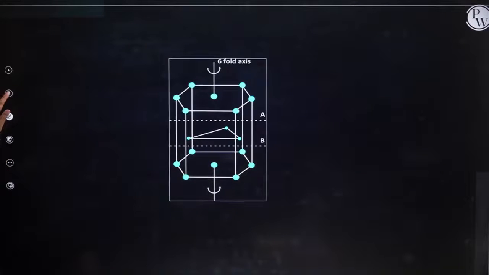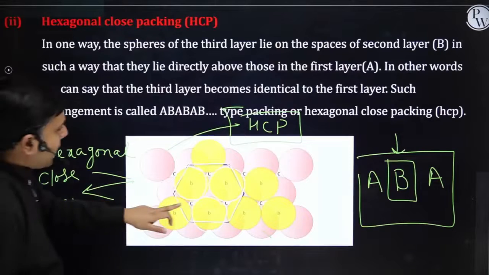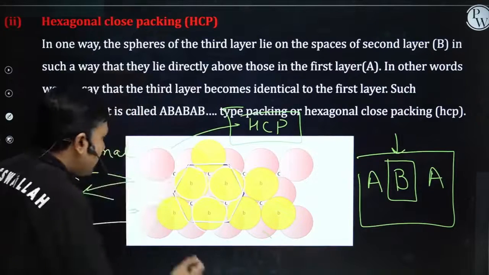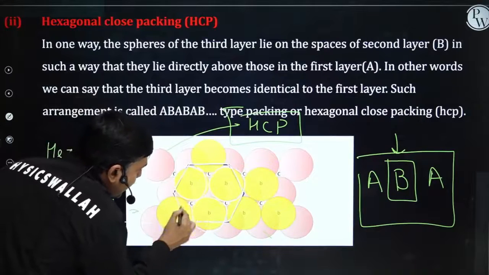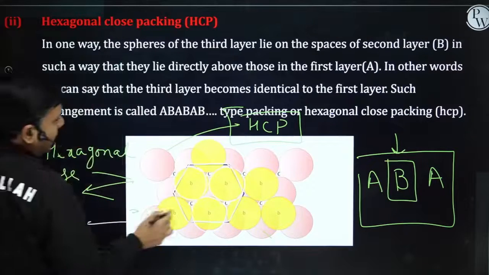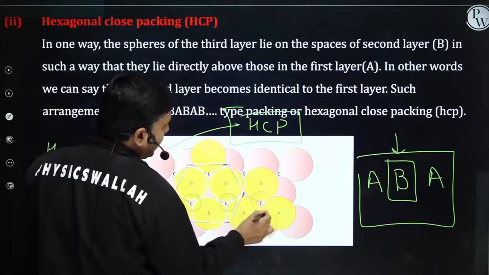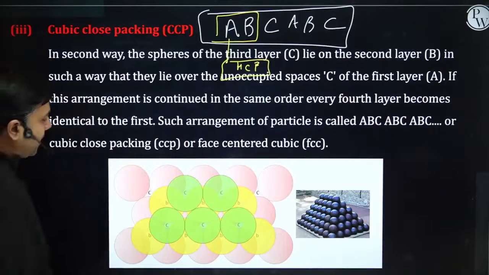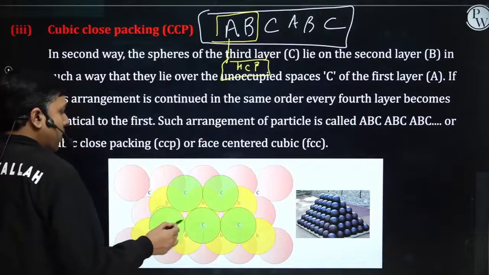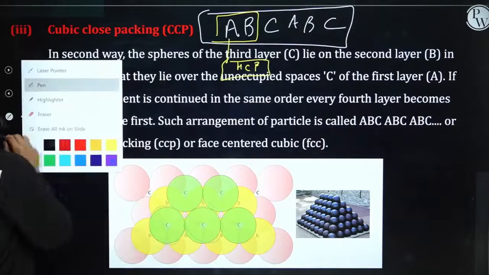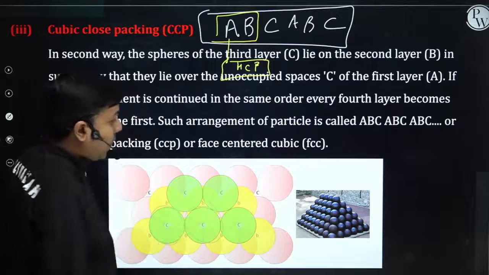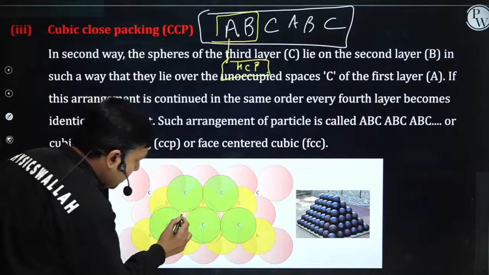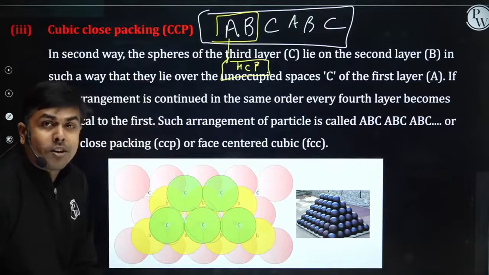We have seen here the pink void and the C types of void. Now students, in ABC type of packing, the third layer is placed to cover this C type of void. Let's see. The third layer is exactly placed on these C types of voids. As soon as I place this third layer, now I am getting once again two types of void. One this one, and once again upper triangular void.